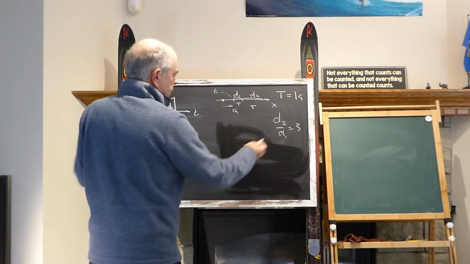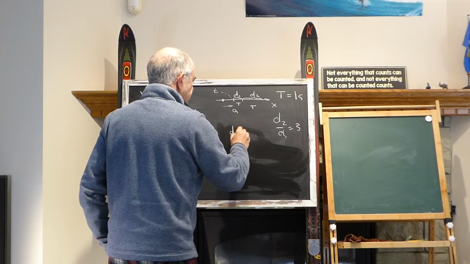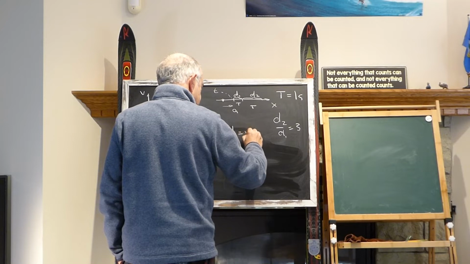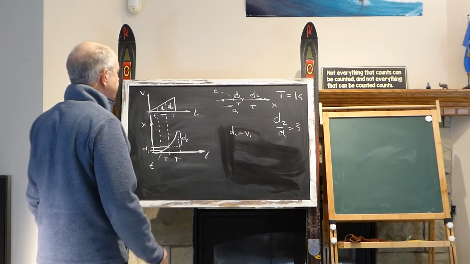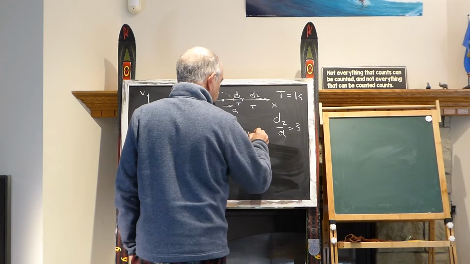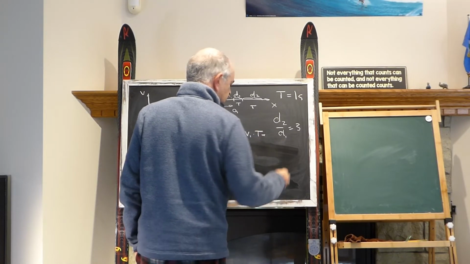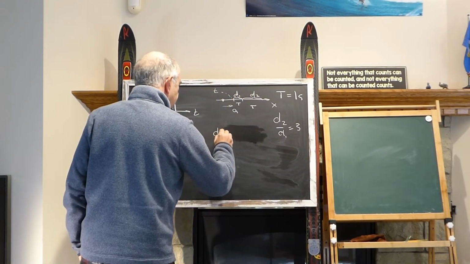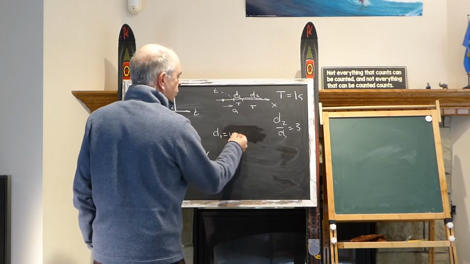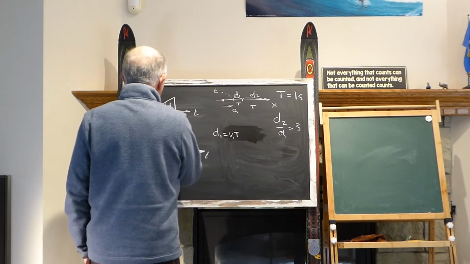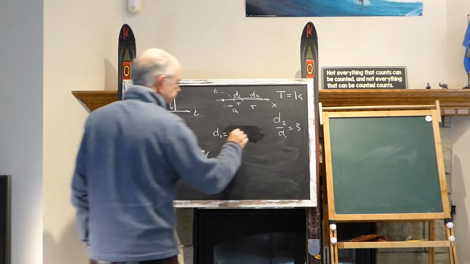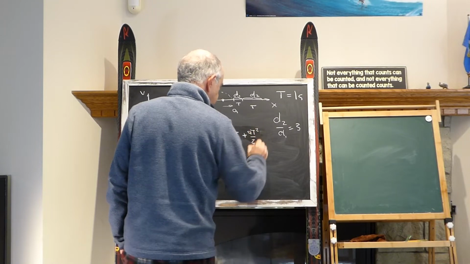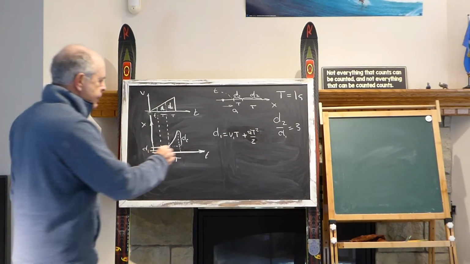Of course we know, and they want us to write d1. d1 would be the speed at this moment, and the speed at this moment, let's call it v1, and the duration would be T. I'm just writing. So d1 would be v1 times T, because T is the time that it moves, the period T capital, plus aT squared over 2. All right. And then d2,